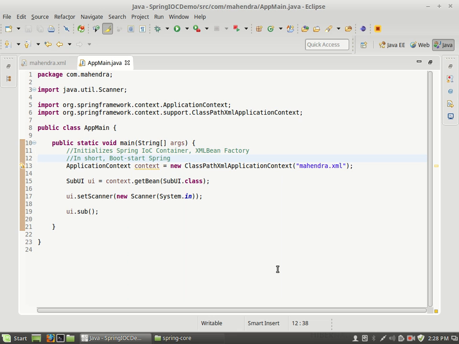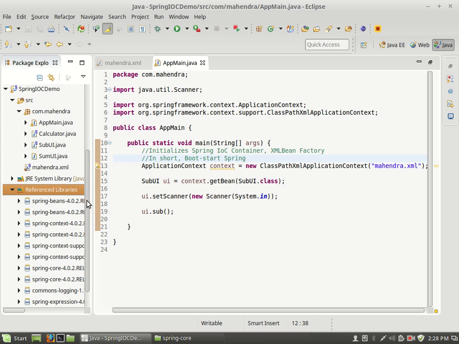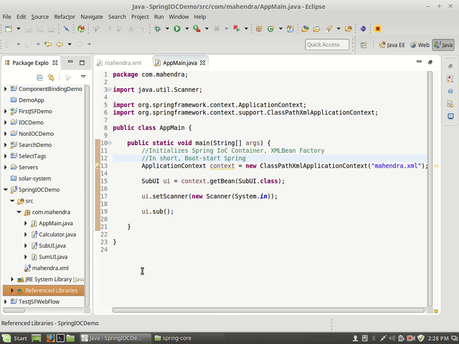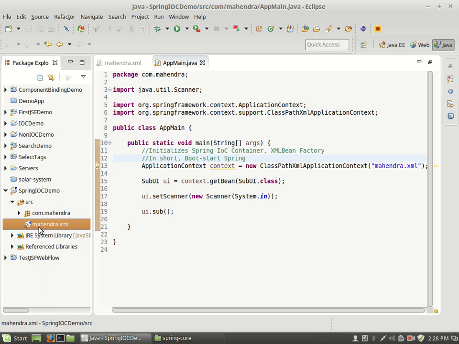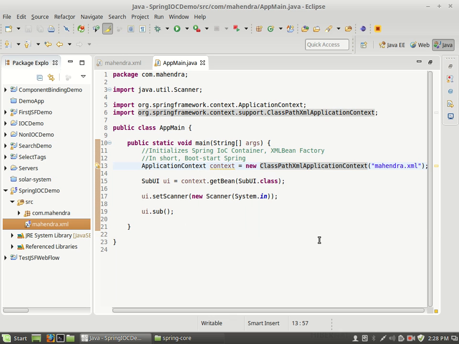Now what do all these things actually do? As soon as you write new ClassPathXmlApplicationContext with mahendra.xml in brackets, this simply means that somewhere in this project, there is an XML file with that name. What will ClassPathXmlApplicationContext do? It will first try to read this XML file. If the file doesn't exist, it will throw an exception. If the file has no read permission, it will throw an exception. But if the file is there and readable,